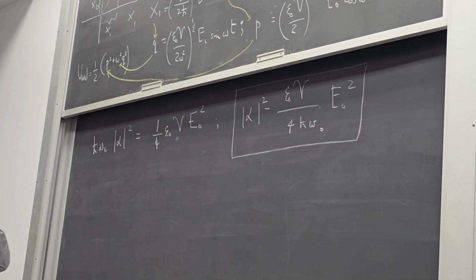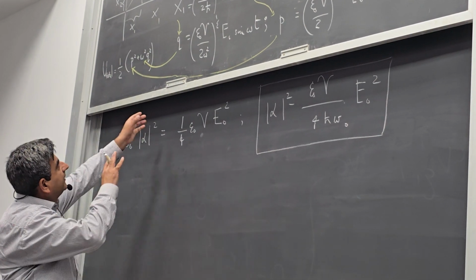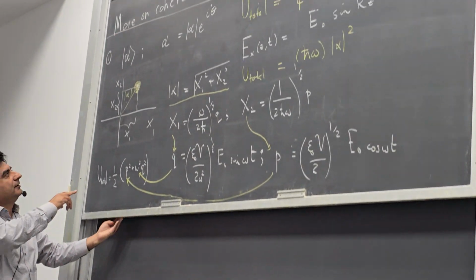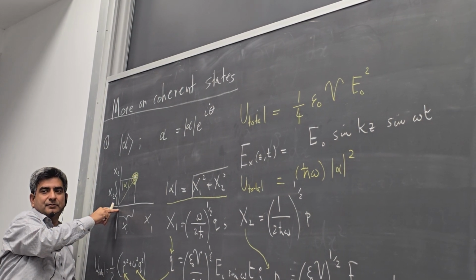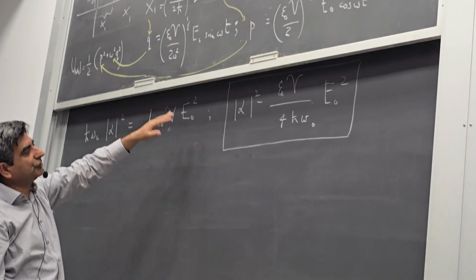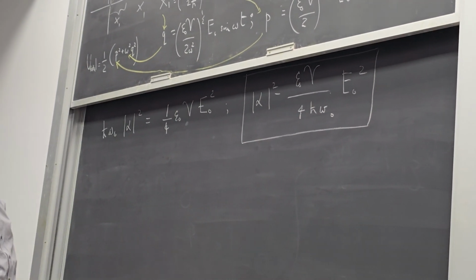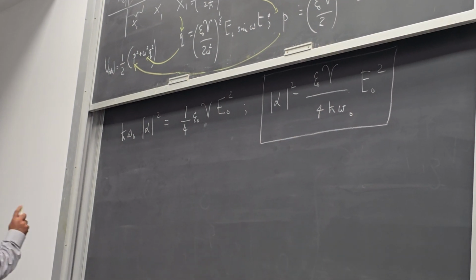Okay, so this is really the distance of the coherent state from the origin. Okay, and this is also representative of the amount of energy stored inside this quantum state. And we do also know that